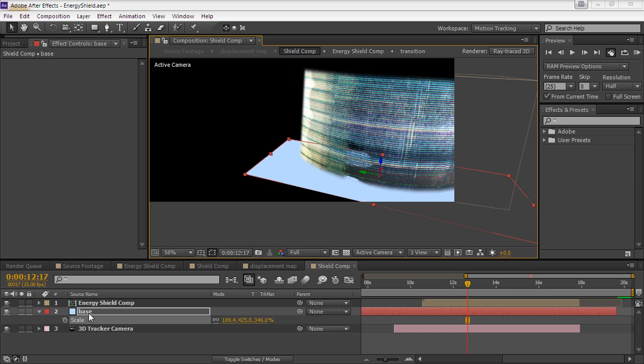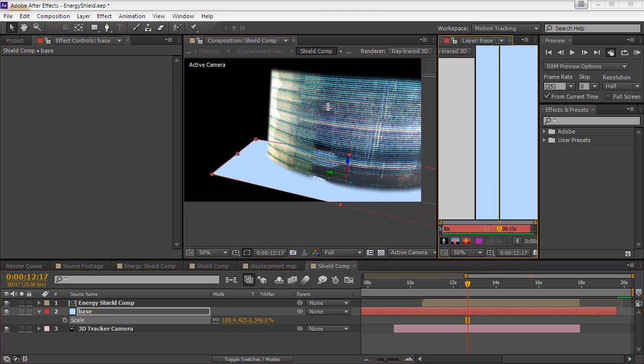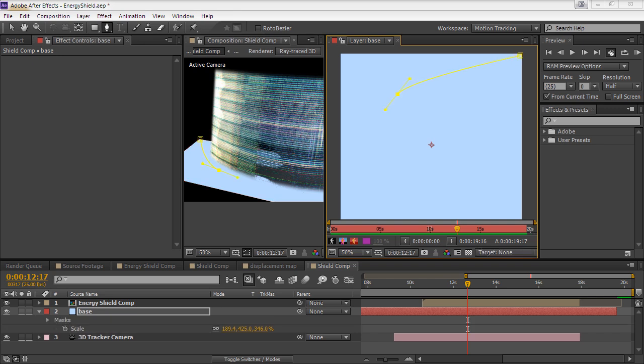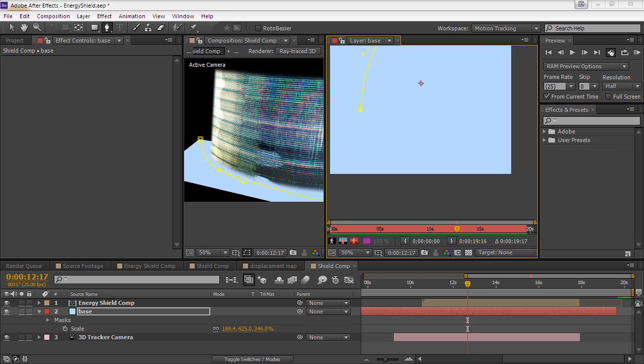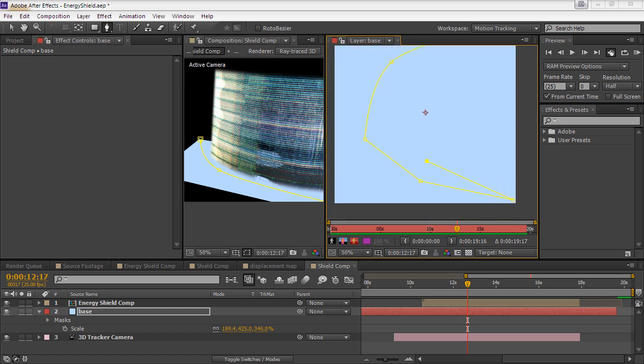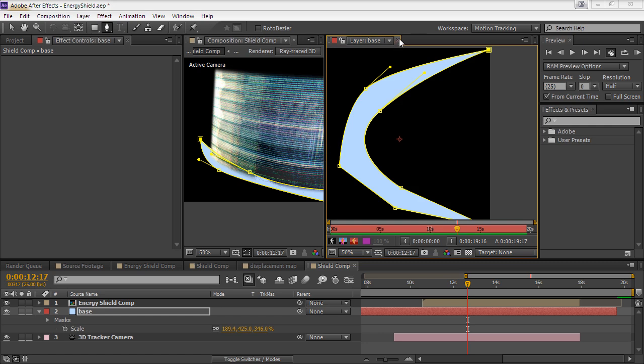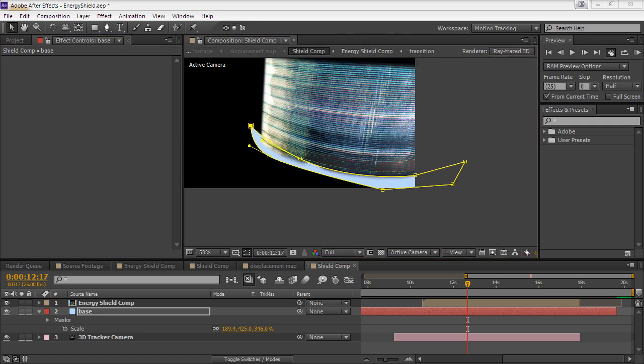And what we'll do is add a mask to this layer, so we'll double click it to bring up the layer, and we'll select the mask tool and just draw a quick arc. So once we've done that, we can just adjust these, and what we're going to do is just try and make it look like there's light being cast from the shield itself. So we'll just soften these edges up in a minute, and